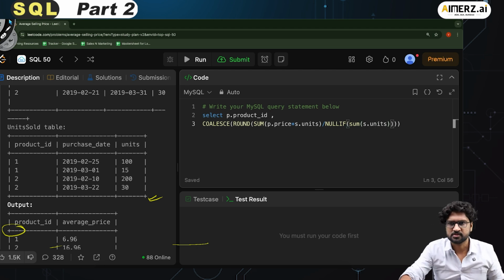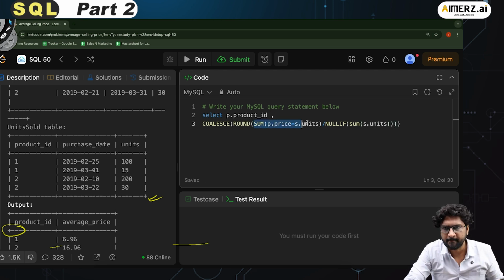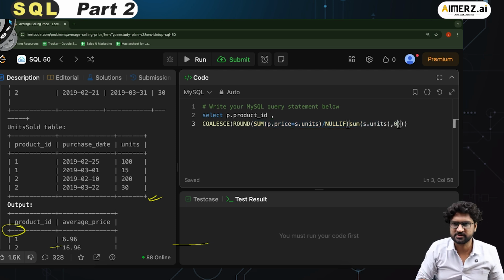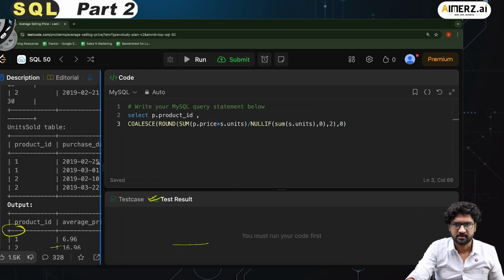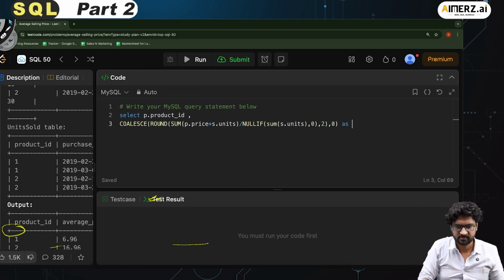So this is the sum divided by nullif sum of units, comma 0. If it is null, then I'm going to make it 0. And then I divide that, and then comma 2, comma 0. And I'm going to call it as average